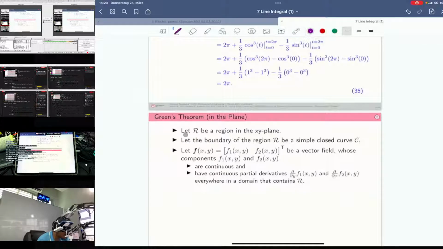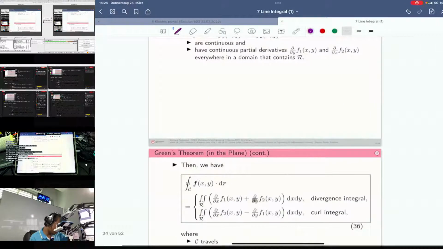If R is a region on the xy plane and the boundary of the region R is the simple closed curve C or the contour, and the vector valued function of two variables f1, f2, where f1 depends on x and y and f2 also depends on x and y, is a vector field whose components f1, f2 are continuous and have continuous partial derivatives with respect to y and x, everywhere in the domain that contains region R, then we have the simple